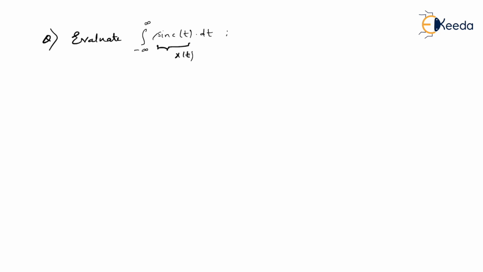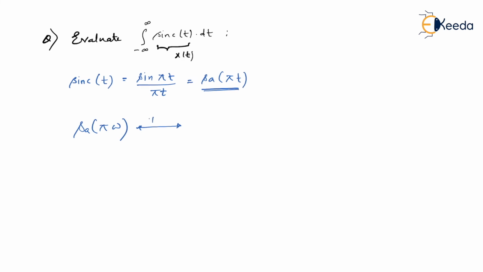So what I would say is, in general, sinc(t) is nothing but sin(pi t) upon pi t. Agree? And sin(pi t) upon pi t can also be written as the sampling function of pi t. Is that right? We know that Sa(pi t) is not a standard function. In fact, Sa(pi omega) could be a standard function, because we have always seen a sampling function in the frequency domain and never in the time domain. So what I'll do over here is I'll say Sa(pi omega).